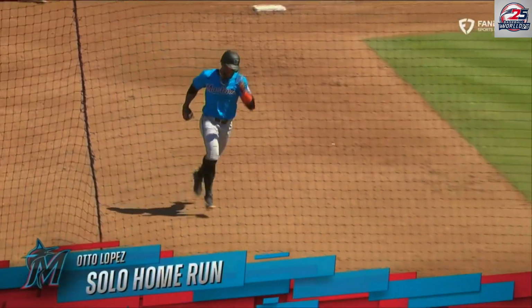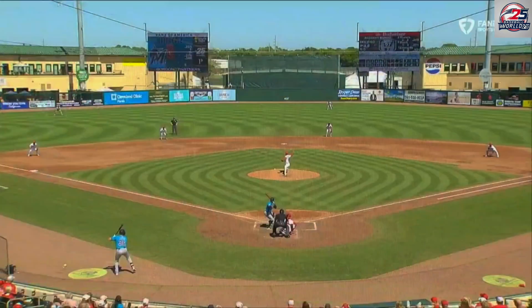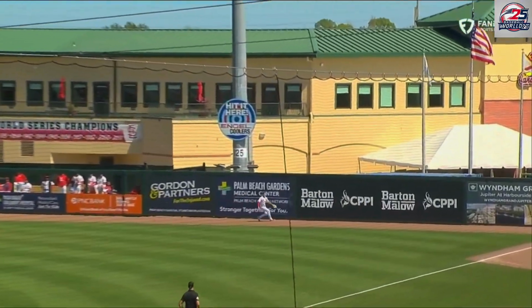Otto rode the wind that time, and Koperniak, it seemed like he had it really lined up shy of the track and just kept on pushing back, kept on pushing, and that thing got out. It's one of those backspin balls that